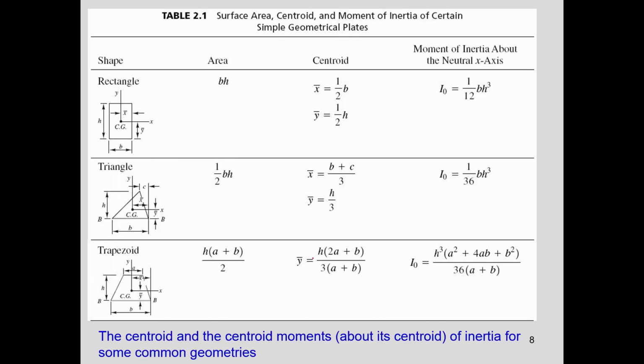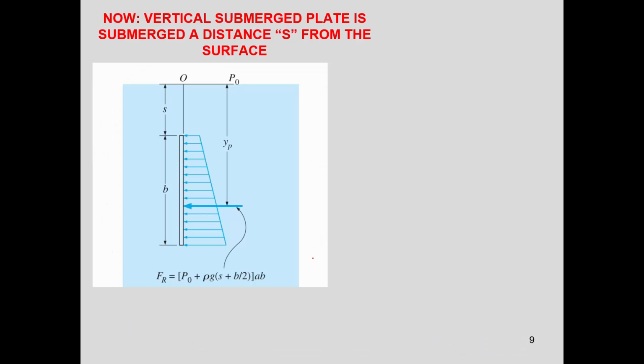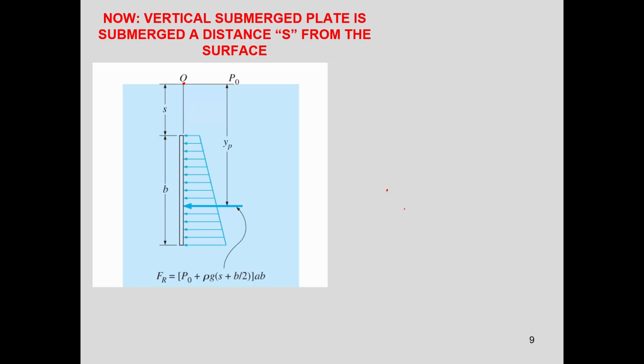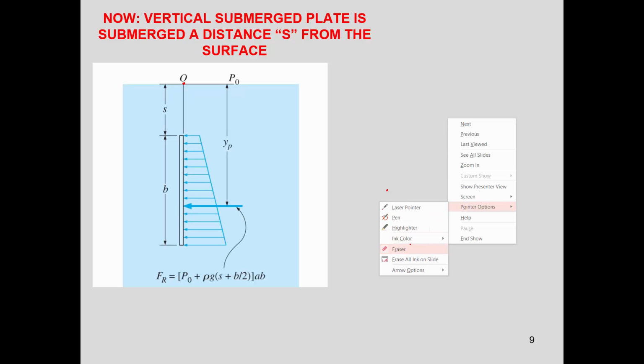Okay? In your book, there's some surface area, centroid, and moment of inertia for simple geometric plates, and we'll see how those are used. The first case we saw was whenever the plate was submerged right at the surface, and now we have a distance s. If we had the initial case, then it would be like this, but now we have a plate submerged at a distance s,